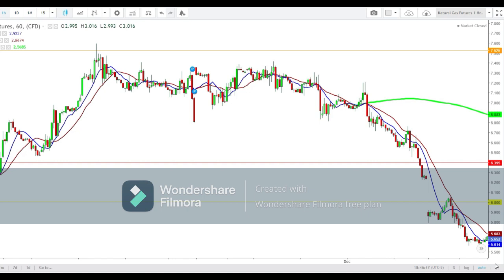So let us start the day to analyze the movements of natural gas futures in different time frames. So friends, here you can see how the natural gas futures behave in a 1 hour time frame. Here you can see how the natural gas futures continue to slide after testing a peak at the levels of 10 on